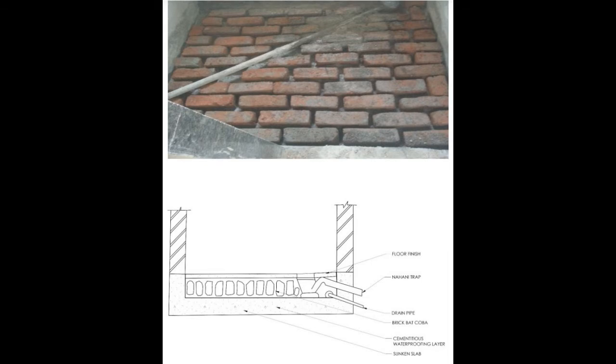Then the brickbat coba, cement and sand mortar is applied, and then it is finished. Okay. The nahani trap is properly sealed first from all the sides. This is one of the important details that has to be observed. And most importantly, the slope has to be worked out first. So when we do brickbat coba in the bathroom, we have to look at the slope, that it has to follow towards the nahani trap. Then from there it is going to collect the water and take it down through the drain. So that is why the joints between the tiles are sealed and then grouted with cement. So this all takes care of the proper waterproofing.